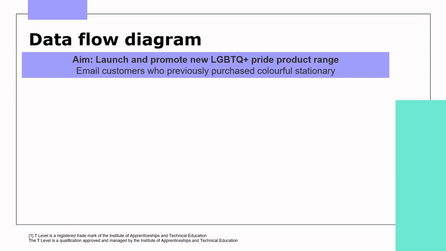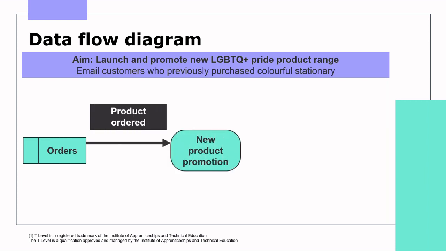And we can make a data flow diagram to represent this. I'm just going to show a very simple level 0 diagram, but the specification does cover level 1 data flow diagrams too. The first would be checking our past orders for those colorful purchases that have been made and seeing them go into our new product promotion process,